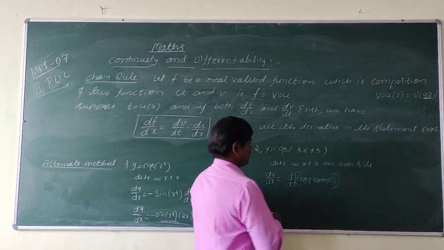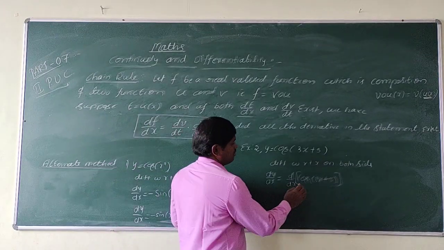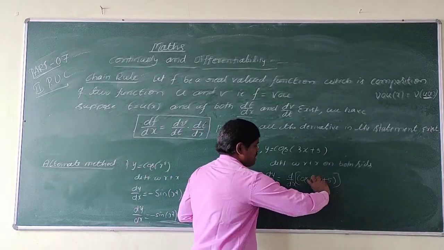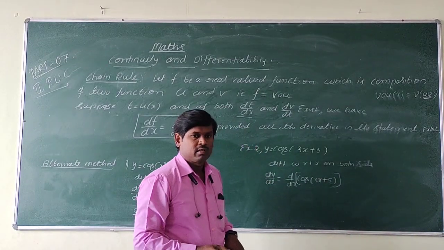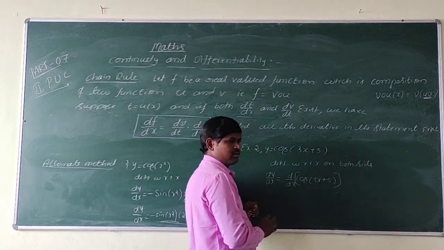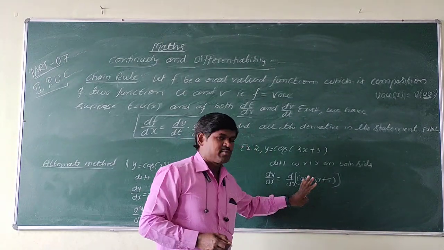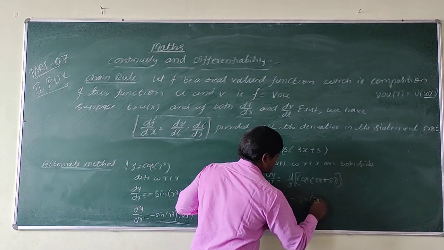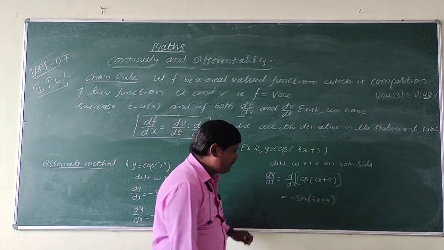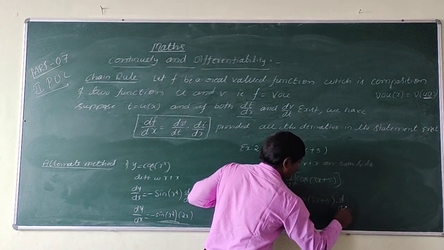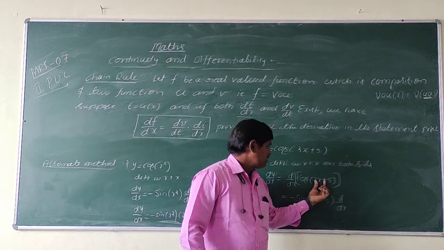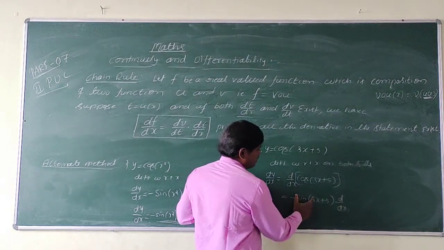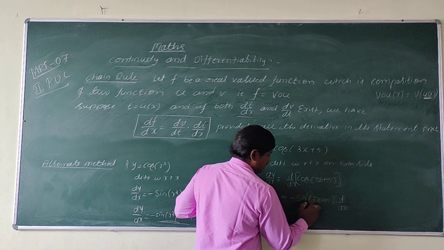So see here. Just assume that the term inside the bracket is one single term, suppose it is x, the internal term. So what is the differentiation of cos x? The differentiation of cos of 3x plus 5 is minus sin of 3x plus 5 into the internal differentiation. This is a composition of two functions. One is 3x plus 5 and another is cos x. So the differentiation of the whole term is minus of sin of 3x plus 5.